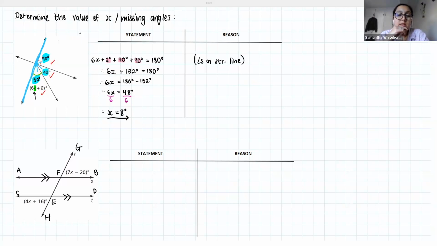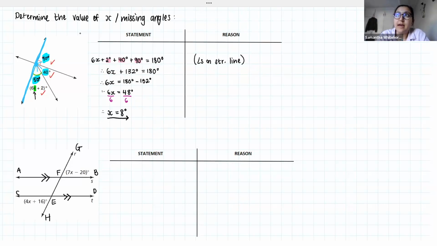What I want, same as in the first one, is for you to solve for x. So look carefully at the information I've given you. Like I say, those are parallel lines. It's not super clear from the diagram, so I've put it on there quite clearly for you. And we want the value of x. Okay, so give it a try. If you're feeling very, very stuck,